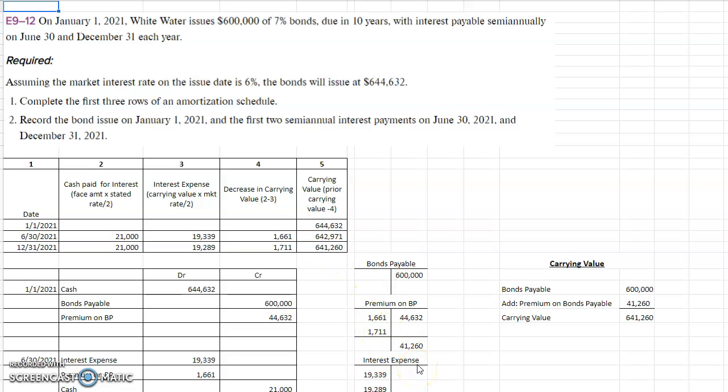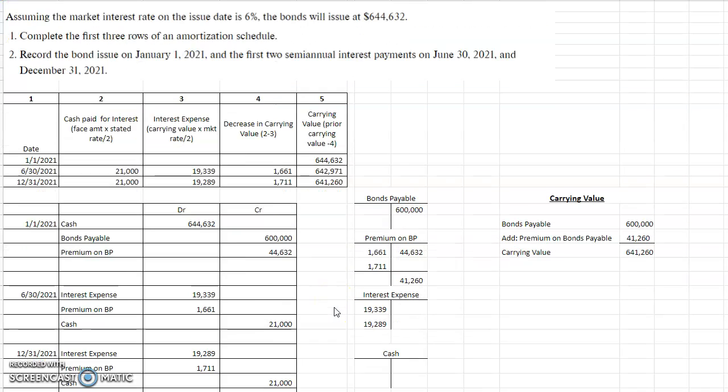At the discount, they increased the carrying value. And the premium is, we're going to debit the premium, and the premium balance is going to go down each time we make an interest payment. Okay, so the first two interest payments are in the amortization schedule there, and the journal entries are